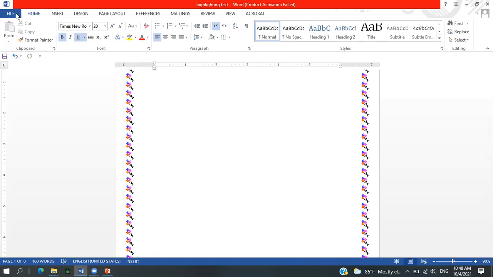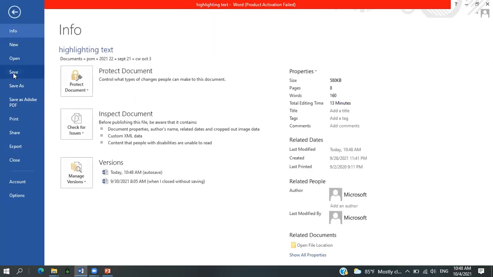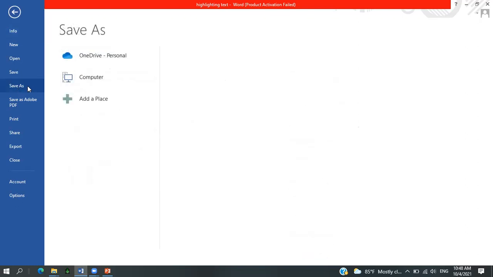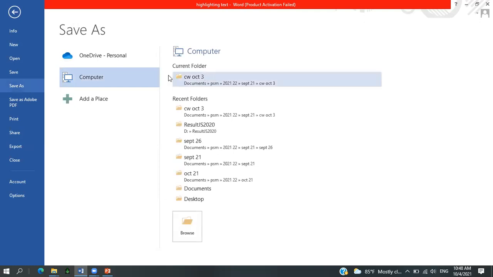And this is how you can save your own document. And if you want to make a copy of it, you can go for the Save As option. When you go for the save, you need to choose from your computer where you want to save it, and you need to give the file name and click the Save button. So these are the steps you can carry out to open, to create, or to save your document.